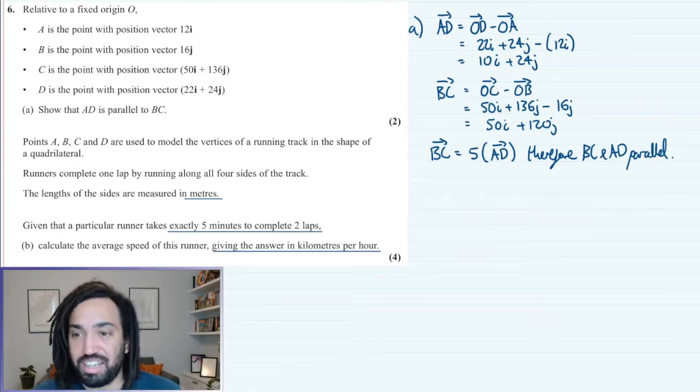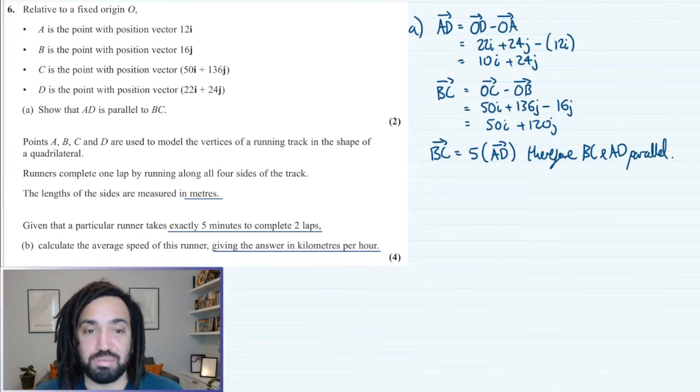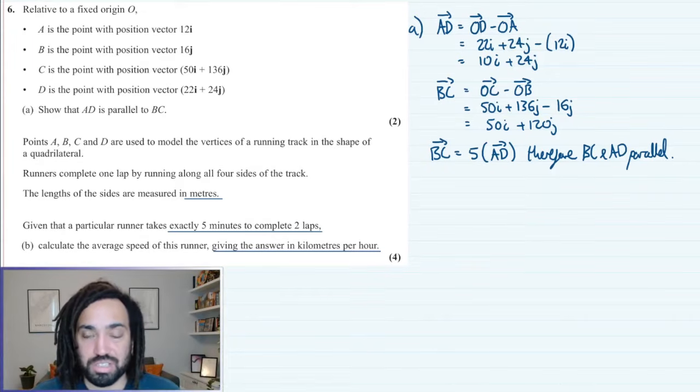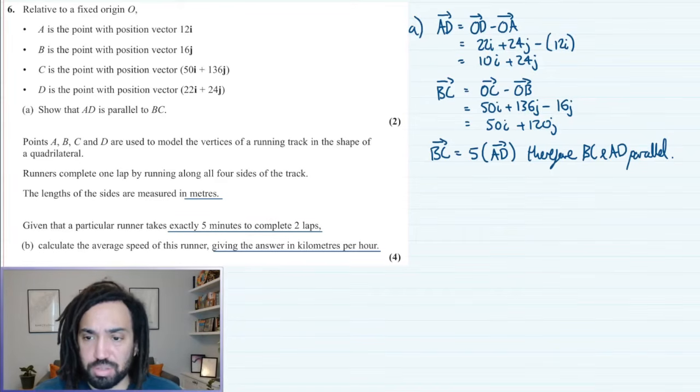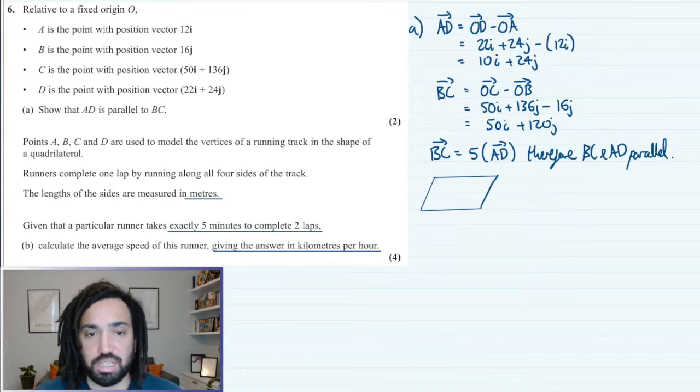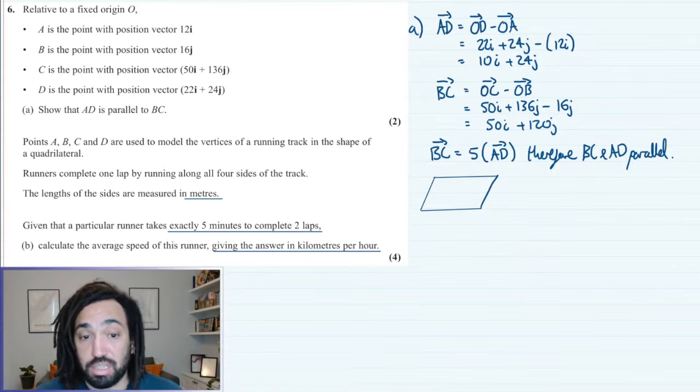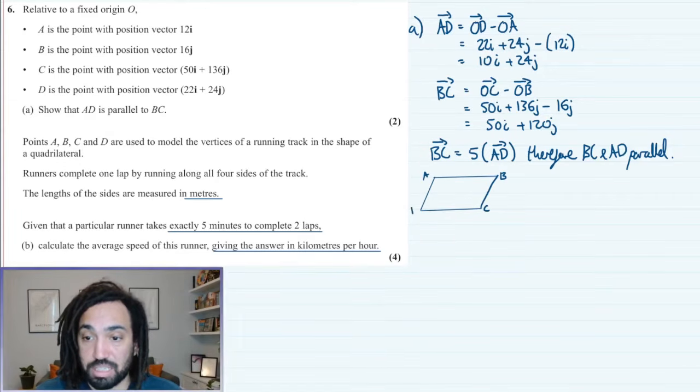Really? Fine. So we're going to have to work out all of the sides, and so far, if we just do a quick sketch, whatever the shape is, it's just a quadrilateral, but whatever shape it is, it doesn't matter. But what does matter is the order of the sides. They must be in the correct order,